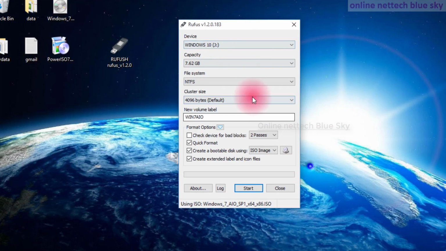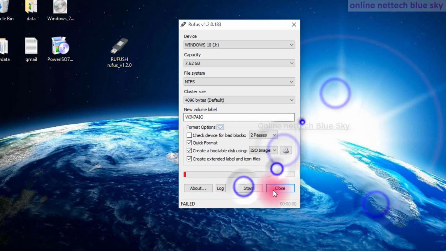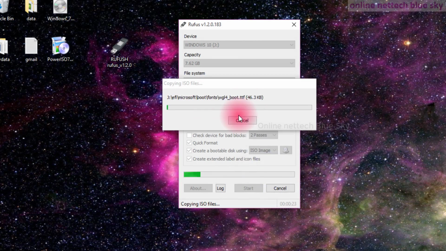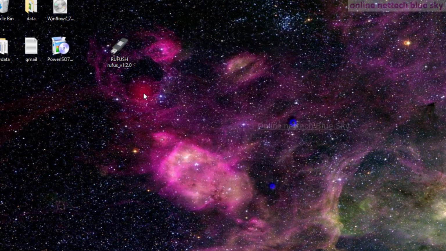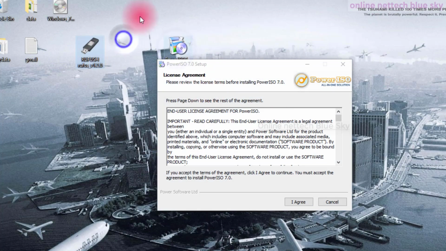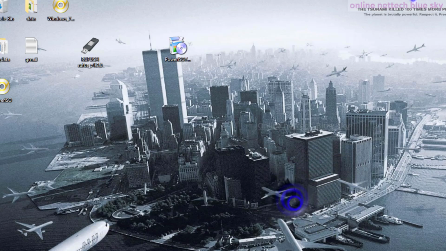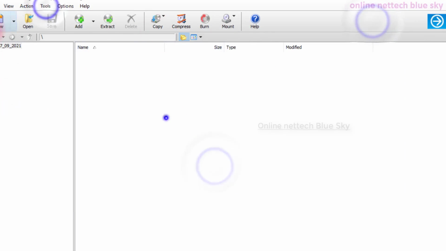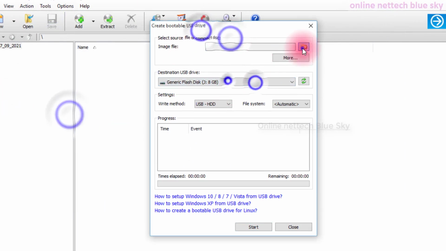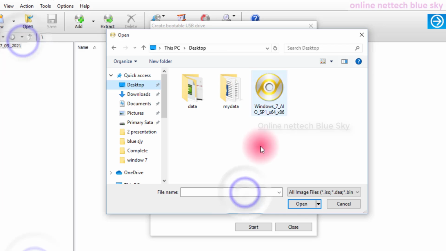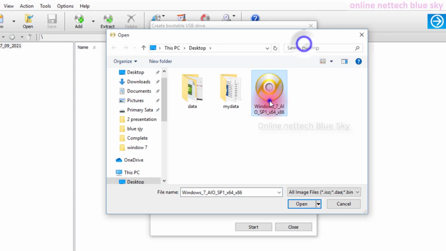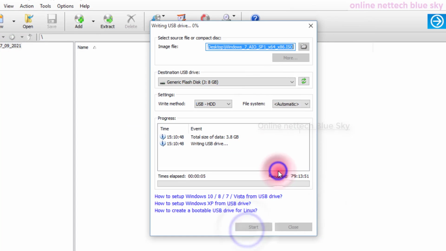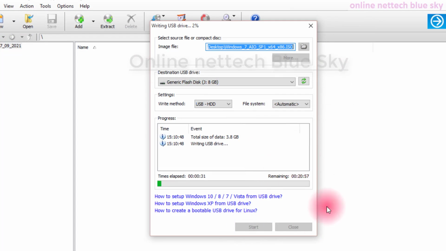If you want a Windows 10 bootable pen drive, you first need the Windows 10 ISO, and if you want Windows 8.1, you need the Windows 8.1 bootable ISO file. I already told you in my previous videos how to make and use a bootable pen drive. You must watch this, it's very important for you.